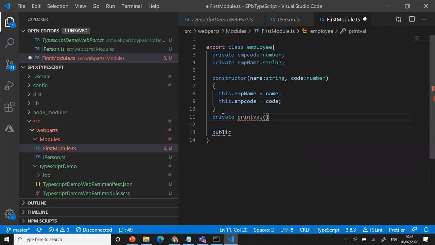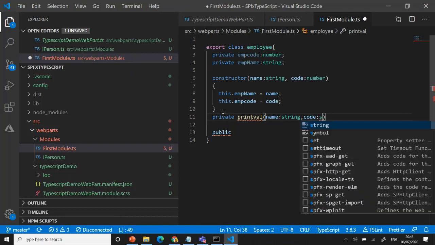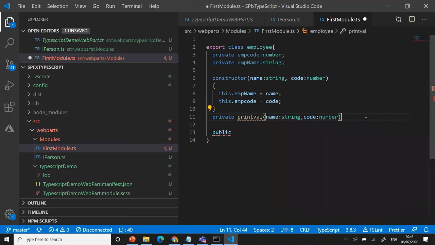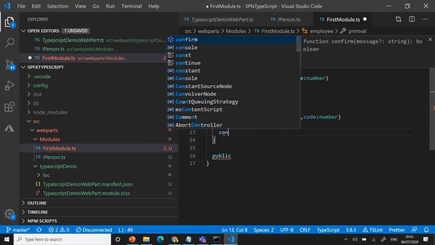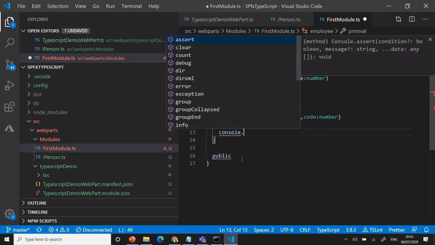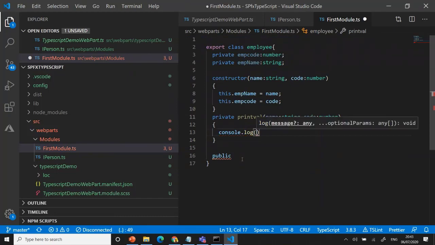Okay, just I can use name string, comma code string number, right? Okay, I'll just use a print value. You can use here, if you want, console dot log, you can see the employee.